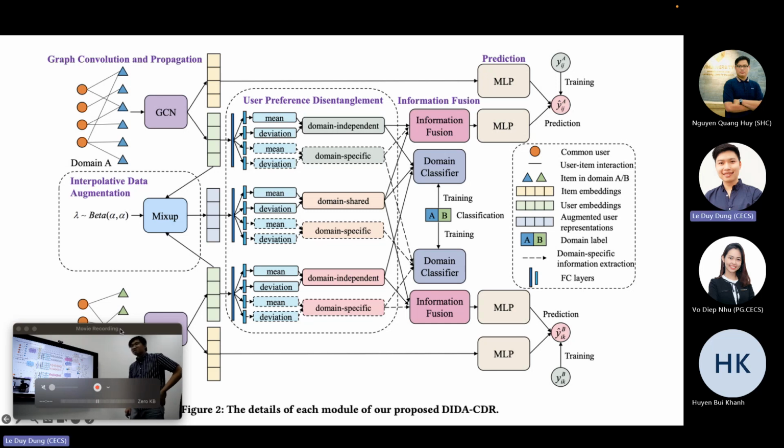In fact, the domain specific is still in the second domain classifier at the bottom. The first one uses the domain independent and shared. The second classifier uses domain specific, and that's it. But why do we need the domain classifier? We use the domain classifier for